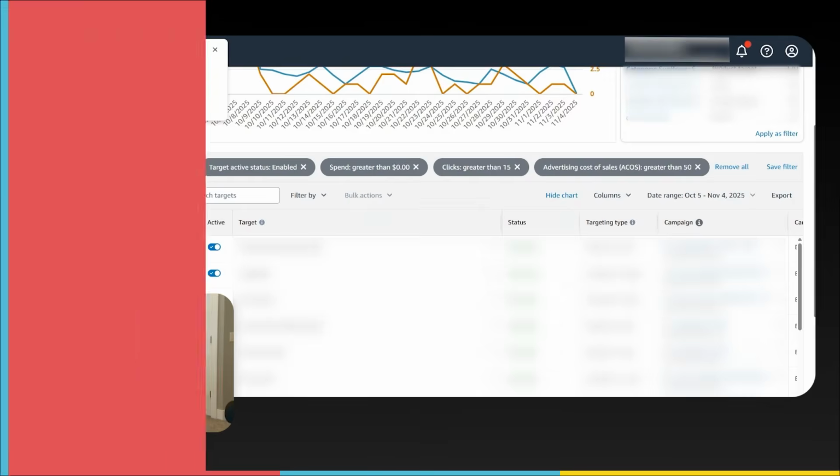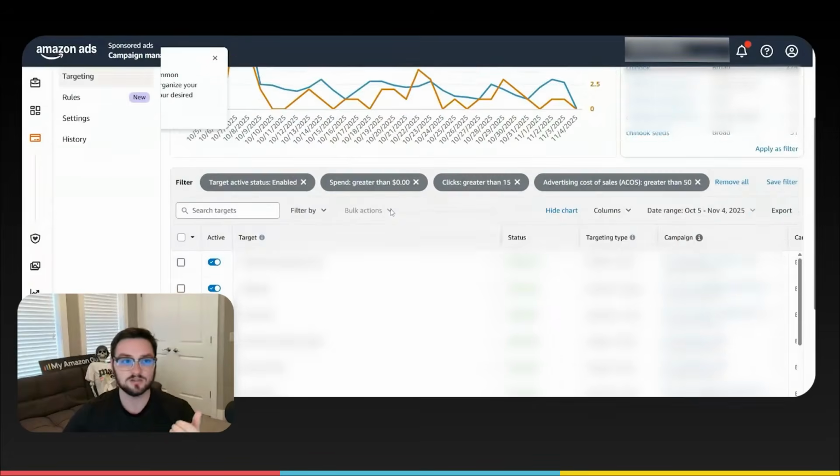The purpose behind 15 clicks is that you need to know whether something is spending just from a one-off level, or something is truly generating impressions and clicks and you're just not converting on it. If you are seeing that you get more than 15 clicks without a single conversion of any kind, that to me says that it is not a very good and relevant keyword. You're likely going to want to end up negating that keyword, or at the very least pulling your bid back on that keyword. And so that's the final step of this, where we go through to understand, okay,